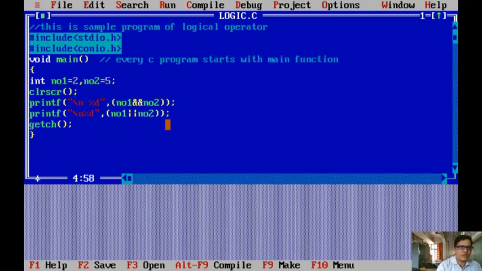So this is a single line comment. This is the starting point, right? Starting of the main function. Every line is there, I am giving it only for our understanding purpose. And what is this called? This is variable initialization.